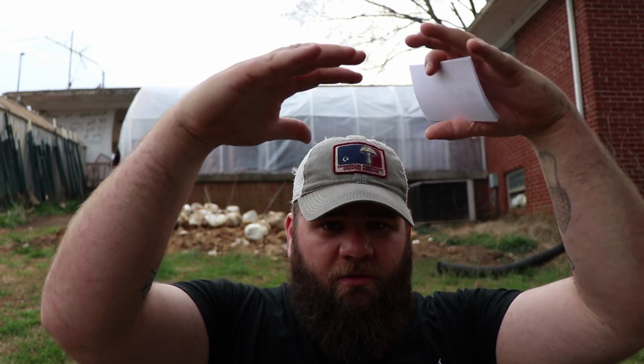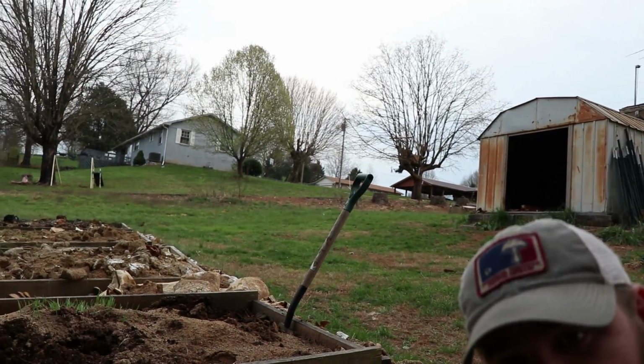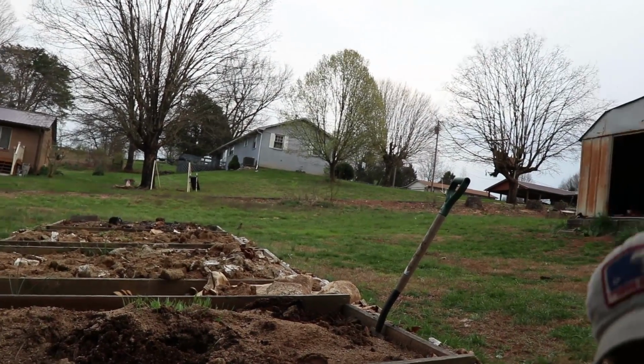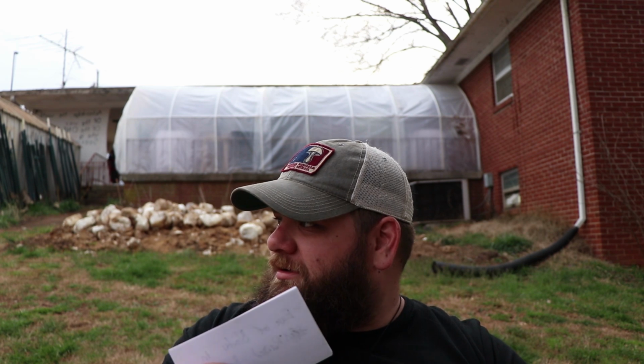Every winter my wife just piles the blocks up until they're towering over the sides of the bed, and then they rot down, and I can show you how well they rot down, just like that. Now, that dry, hard landscape of those raised beds doesn't look very appealing, but here in a moment I'll show you what's underneath. Real quick before we go over that, I just want to go over some more ideas for